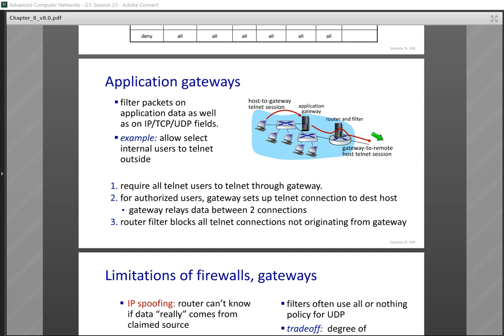So the application gateway is the only channel to send or receive traffics from one specific application. For example, we can create an application gateway for Telnet protocol. All of Telnet protocols should